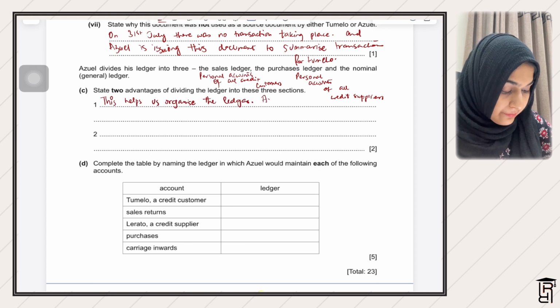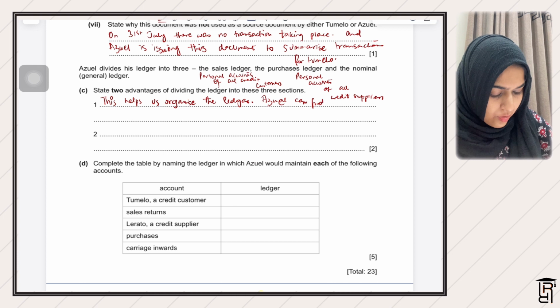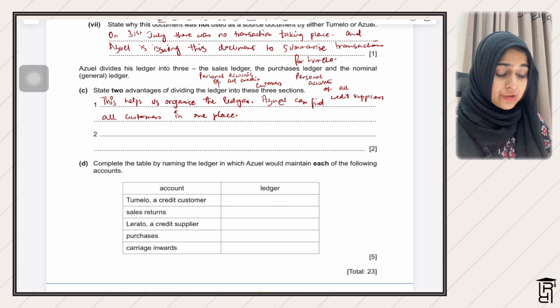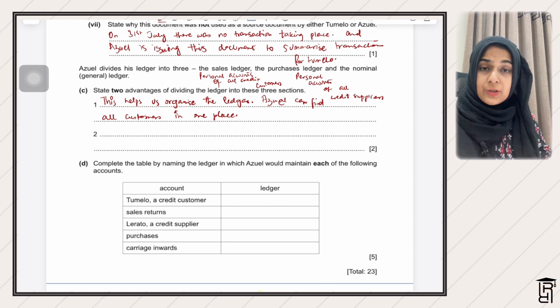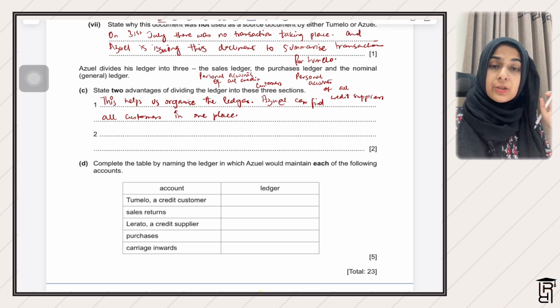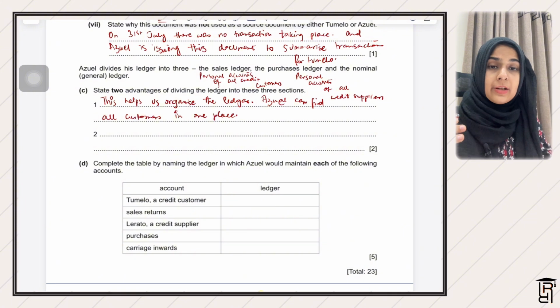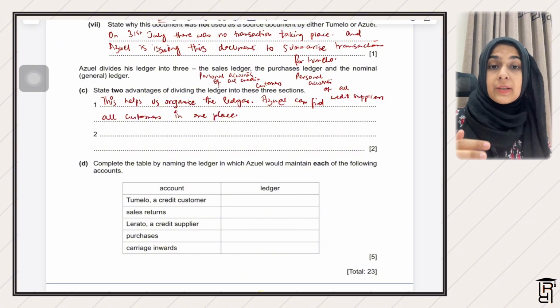As well, you can find all customers' accounts in one place. Similarly, all suppliers' accounts are in another subdivision, that is the purchases ledger. And the other thing is that when there's a division of the ledger into specialist areas, which we also call subdivision of the ledger,